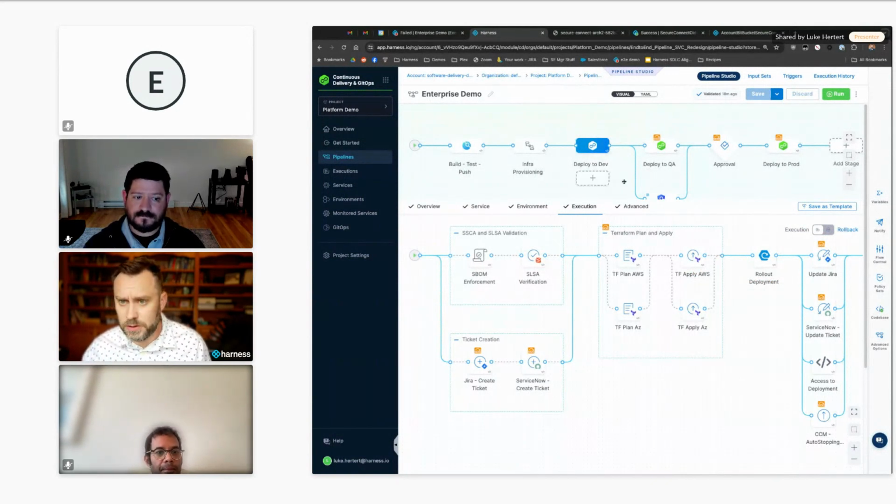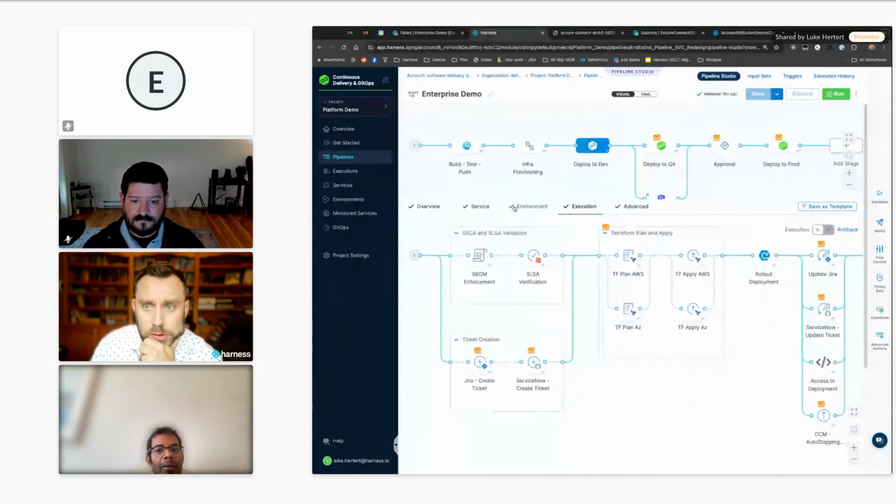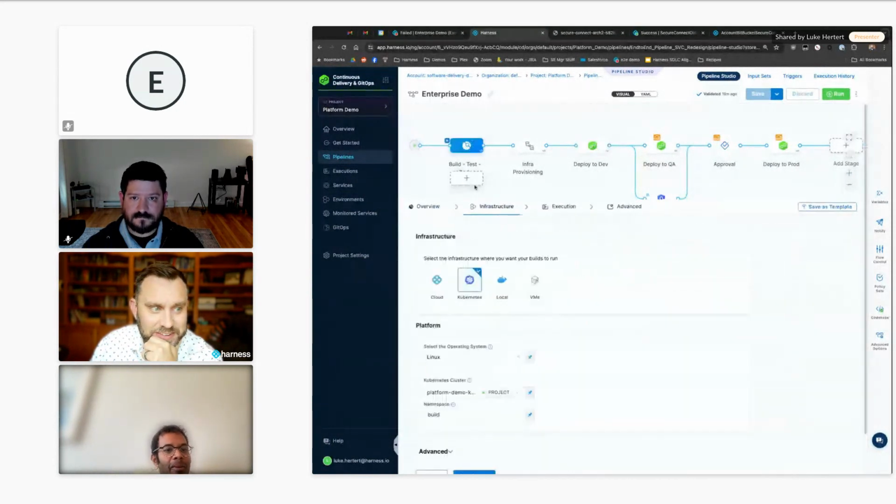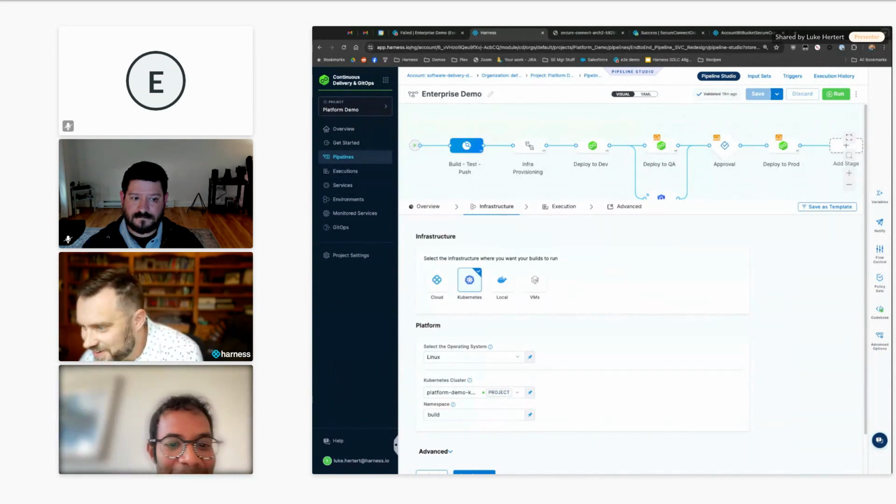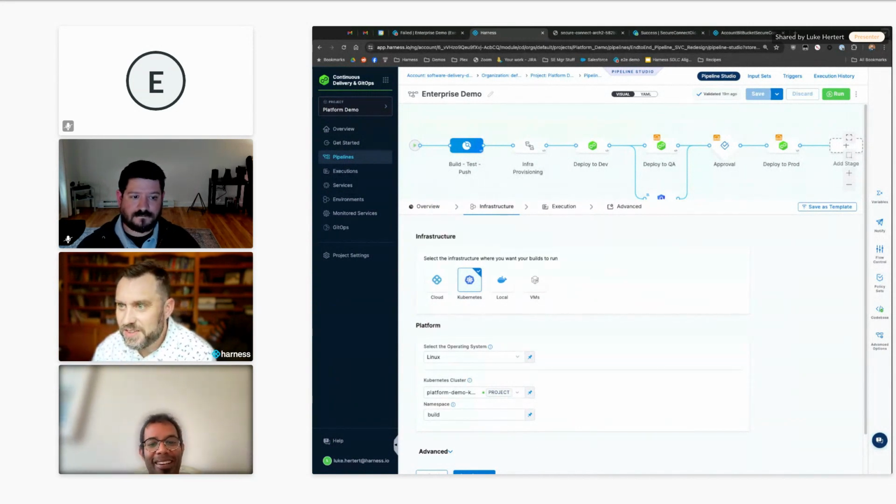Anything to add here, Pranav or Spangler? No, this really highlights all the topics that we've been talking about together, right? Like how easy is it to bring together these complex topics of which scanners to run, how do you aggregate results across these scanners, how do you generate attestations, and how do you verify whether the provenance was correct and the artifact was not tampered with. And you didn't have to do anything except drag and drop a few Lego boxes together and you just had a pipeline working. And in fact, we're getting a lot of questions from our users as well, like how do you secure the build pipeline? Hopefully the answer is like just use Harness and it's easy.